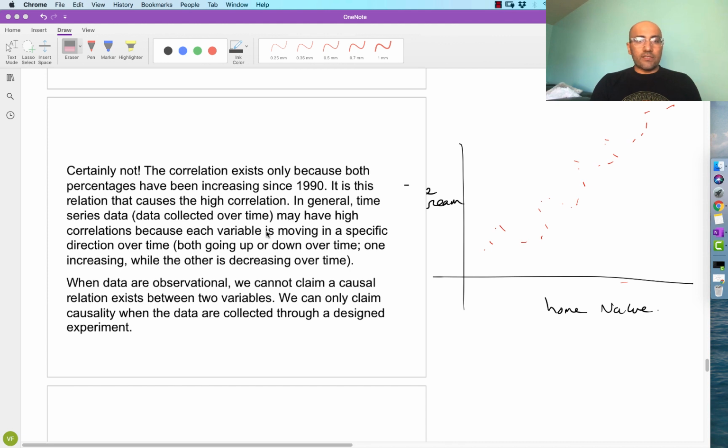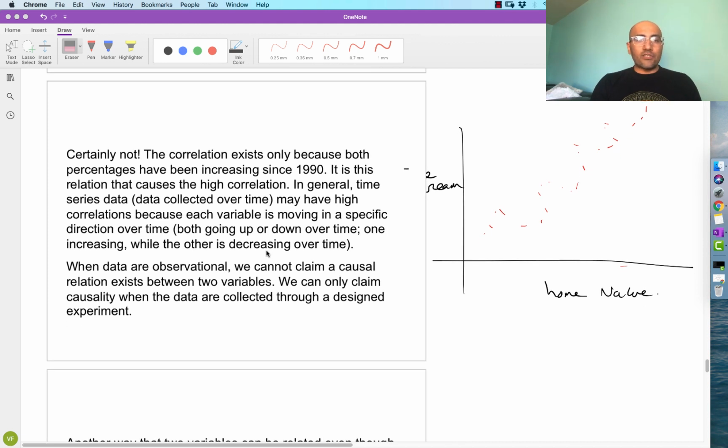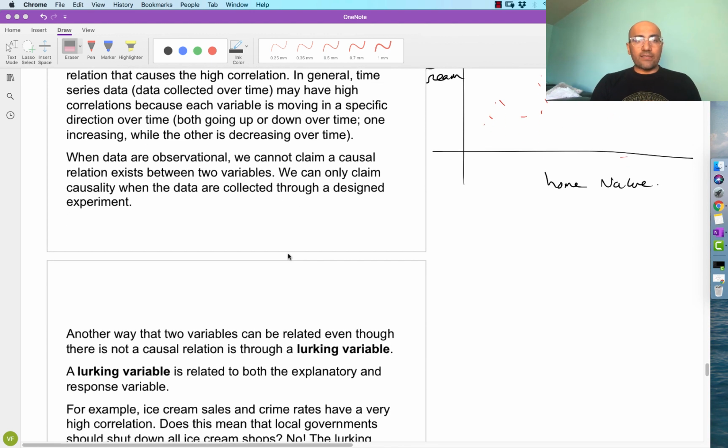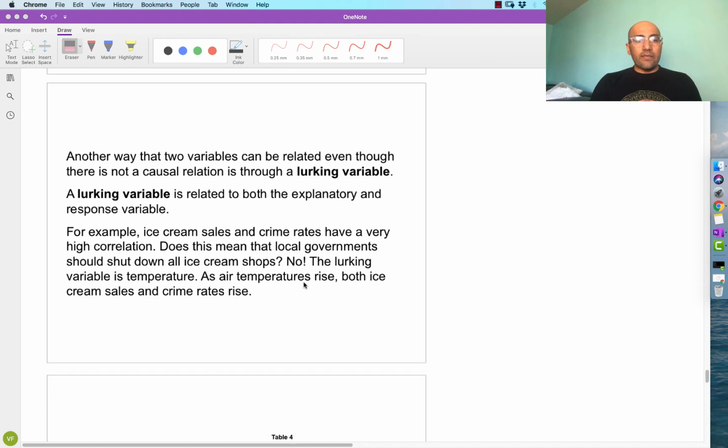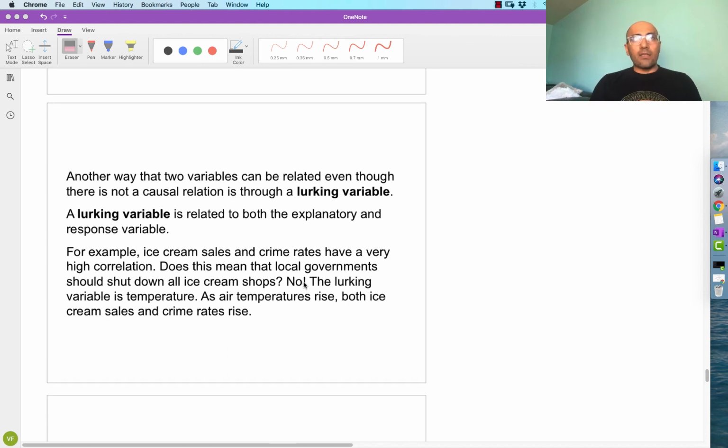Very important in statistics. If you walk away with anything, that should be one of the things. Correlation does not mean causation. It does not mean that one causes the other. What it could mean is that over time, a lot of stuff just happens to move in the same direction. Or it could mean that there's a lurking variable, something that maybe we didn't think of that's actually affecting both things. For example,